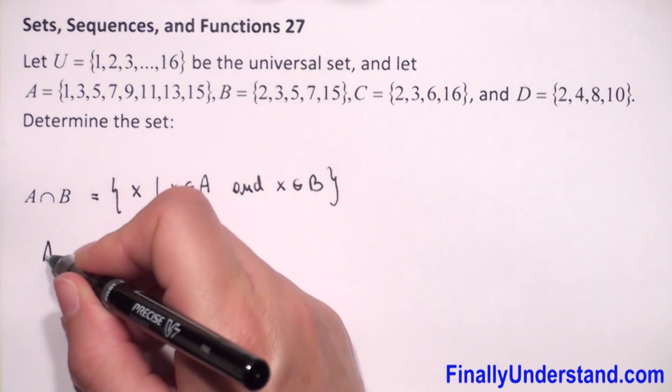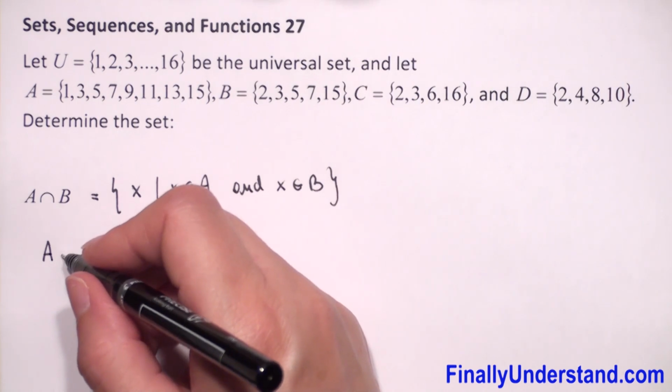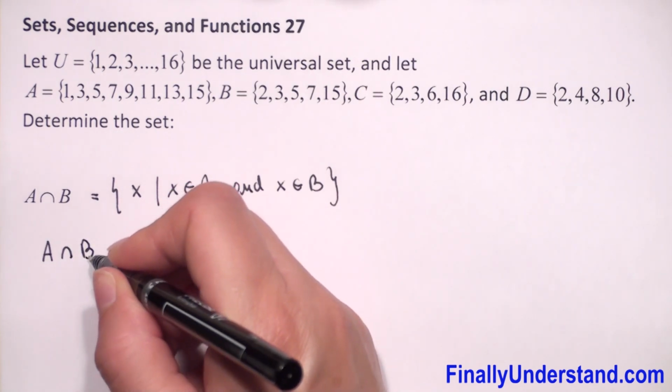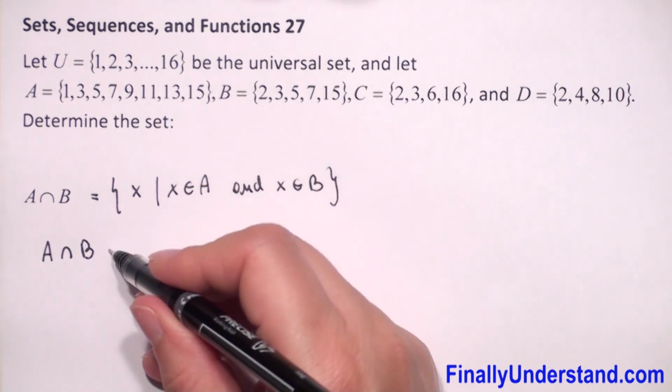So we have the intersection of A and B sets is,